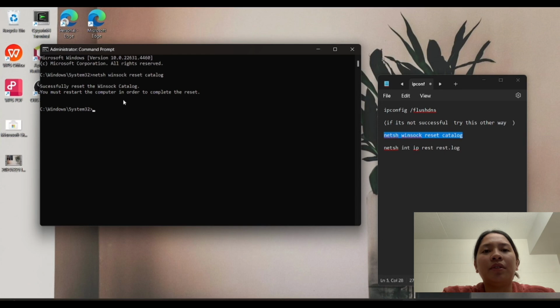So you must restart your computer in order to complete the reset. And the next thing that you're gonna do is, after running this command, restart your computer to apply the changes. As you can see, the restart process begins at 0%. The system is